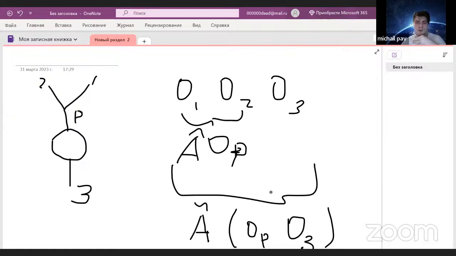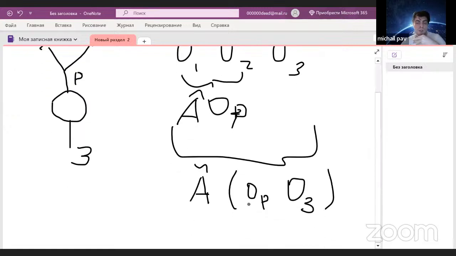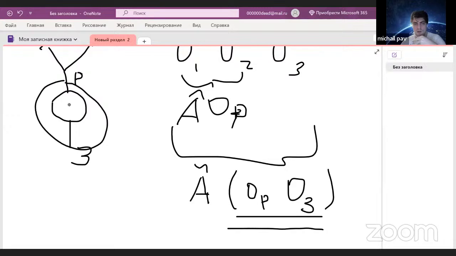So it means that actually we can consider only these necklace blocks, so these blocks are actually blocks of this type. So this is just a circle and some operators. And we can produce any